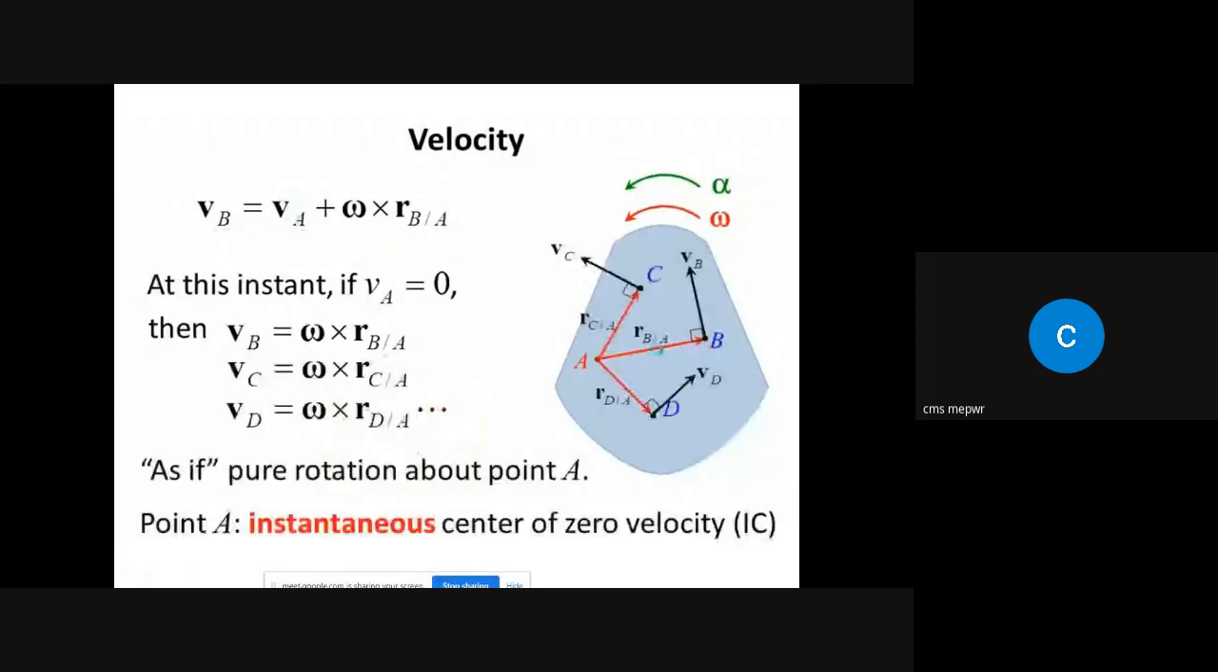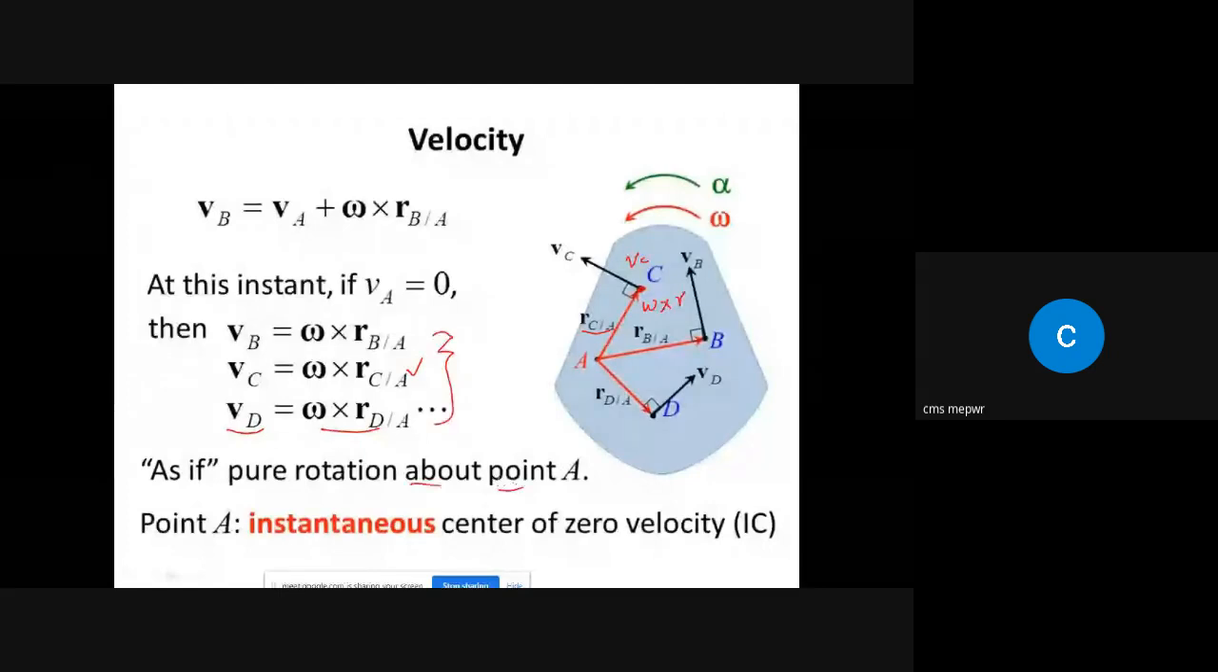Similarly, if you want to consider any other point, that is point C, and if you want to find out the linear velocity of point C, that will be the cross product of omega and the position vector from C to A, which is RC by A. And similarly, if you want to find out the linear velocity of point D, it can be given like this, right? But remember, it will be a case of pure rotation about point A,